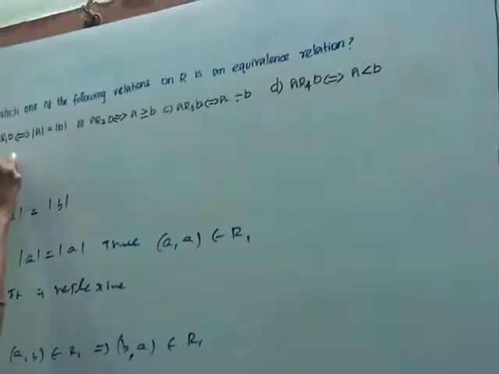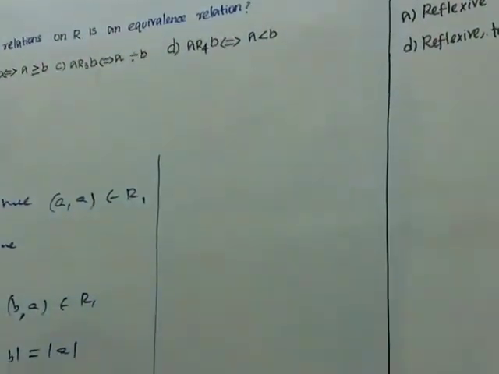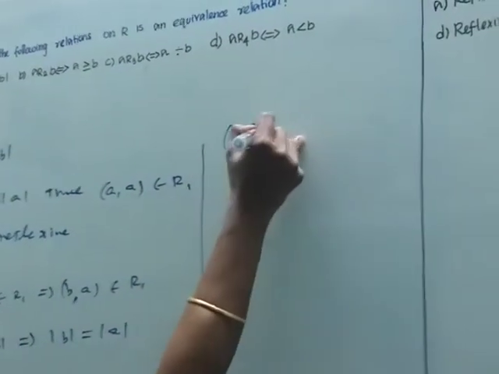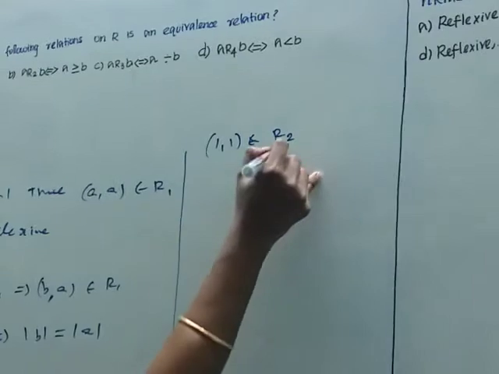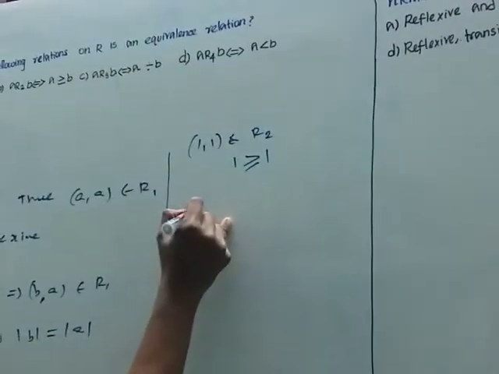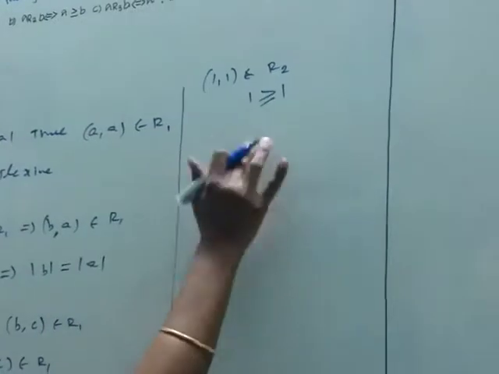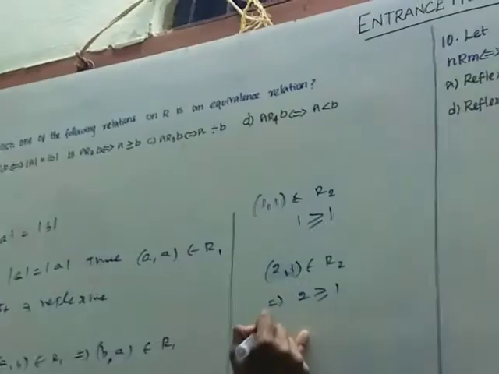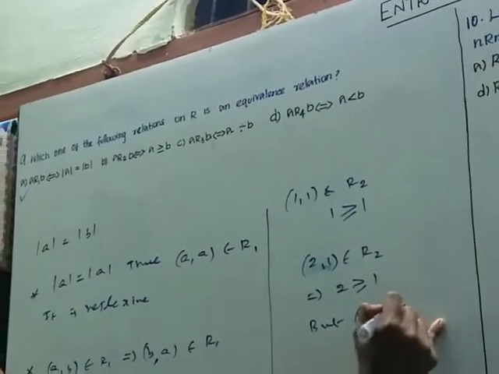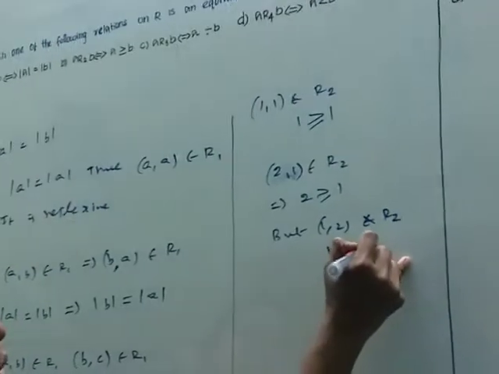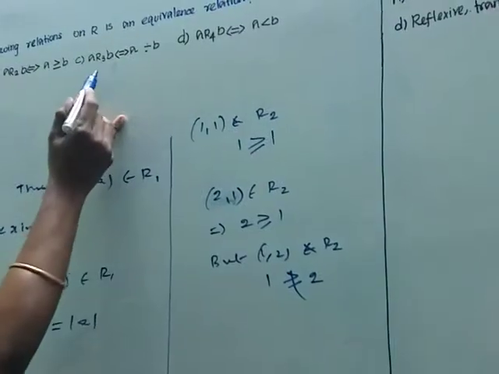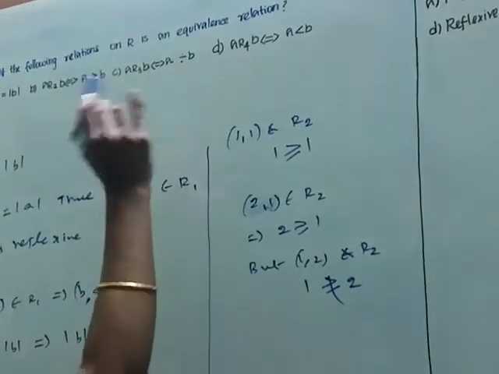Which one of the following is an equivalence relation? So first choice. Okay. So you don't want to check the second, third and fourth choices, but see here, they have given A greater than or equal to B. So first itself 1 comma 1 does not belong to R2. It doesn't say that 1 is greater than or equal to 1. And similarly 2 comma 1 belongs to R2 implies 2 is greater than or equal to 1, but 1 comma 2 does not belong to R2, since 1 is greater than or equal to 2 is not true. Like that. Transitive also. So here A related to B if and only if A divides B.